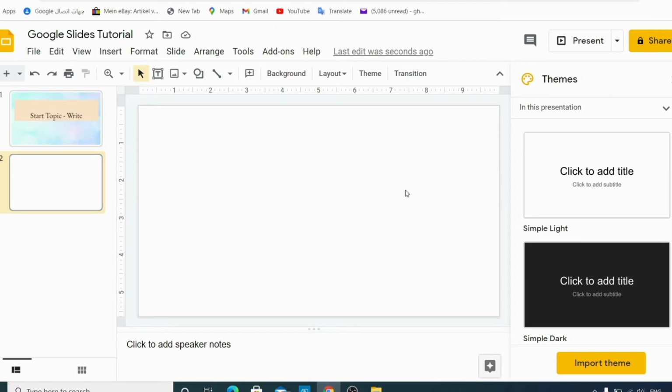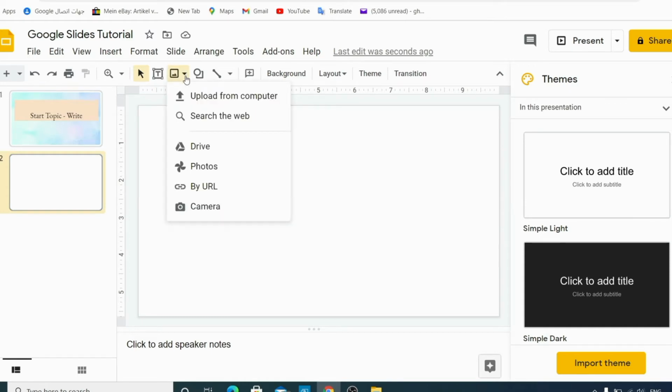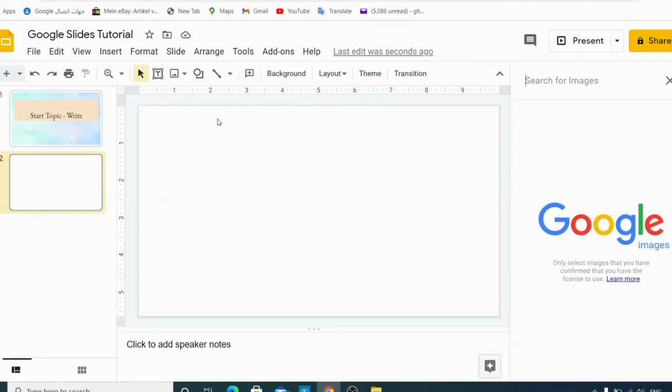Now if you want to add any image, you can also add the image. Simply you go over here, insert image option, and then you have multiple options. You can upload from computer, from photo, by camera, or you can use the web. So select the search web option, and then on the right hand side Google will open,